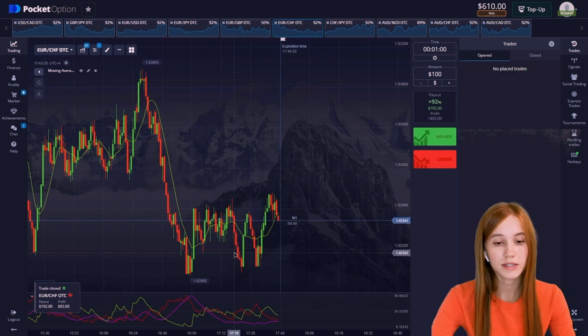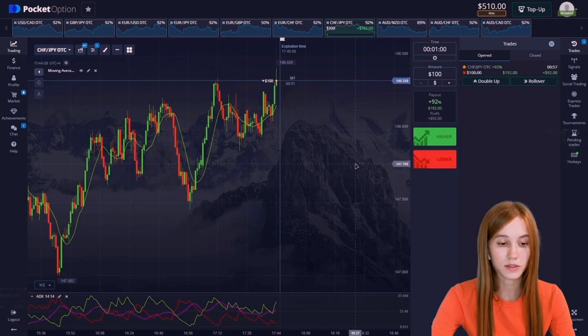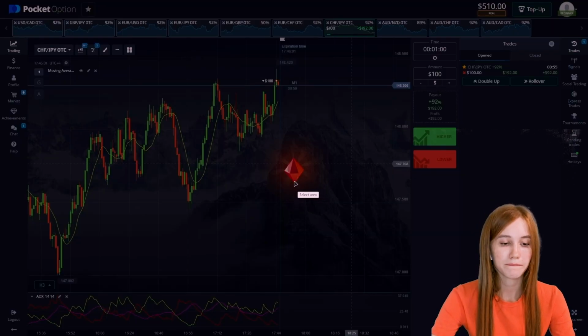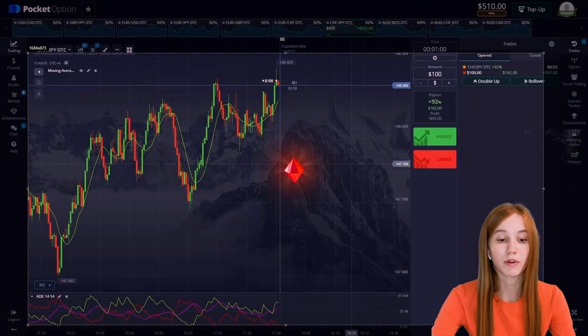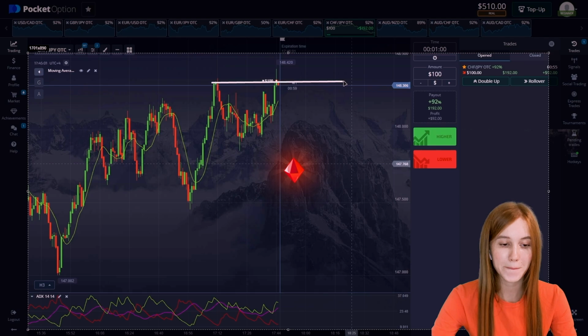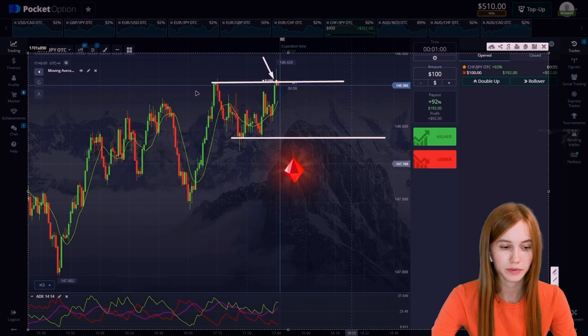Yeah, profit is $92. And next concept, let's open down and start technical analysis. First, if we highlight the area of resistance and support, at the time of opening, the resistance area was reached, which indicates a rollback. In most cases, a rollback occurs. If we look at the moving average,